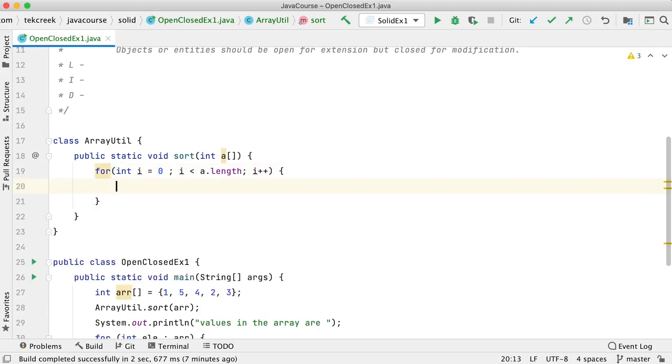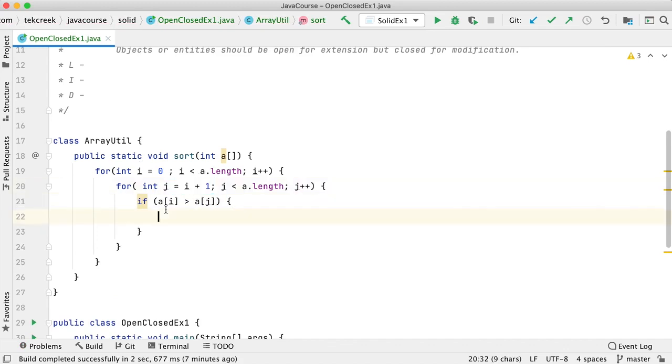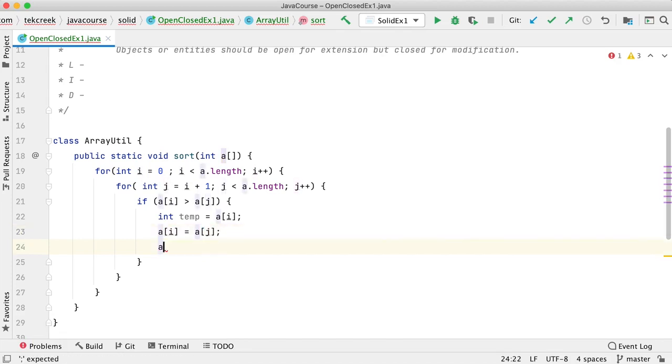Efficient sorting is not our goal, guys, it's only for example's sake. For int j equal to i plus 1, j less than a.length, j plus plus. Now if a of i is greater than a of j, you need to swap these two. So temp equals a of i, a of i equals a of j, and a of j equals temp.